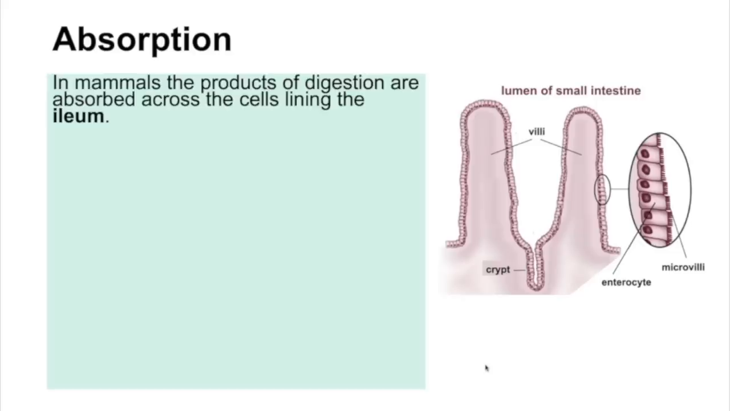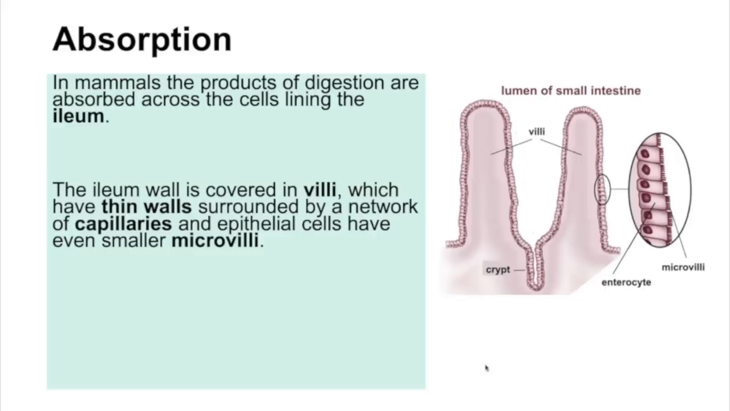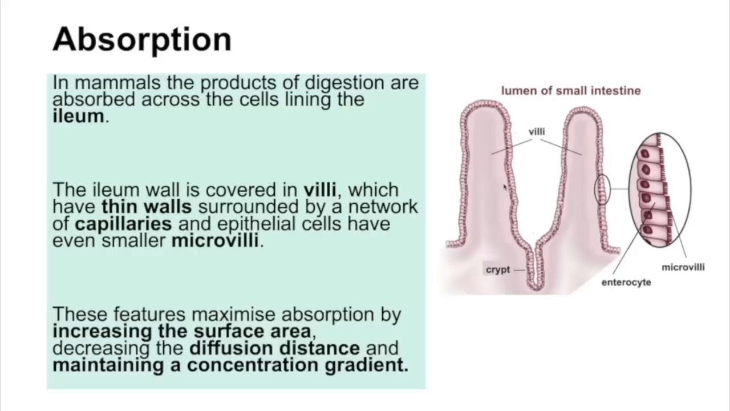So absorption in mammals is taking place in the ileum. And this is where it links to the villi and the microvilli and the adaptations that these structures have. So the ileum wall is covered in villi, and they have thin walls surrounded by a network of capillaries. And they also are covered in epithelial cells that have even smaller microvilli on them. And that is creating that large surface area. The fact that the walls are so thin is providing a short diffusion distance, and that network of capillaries is